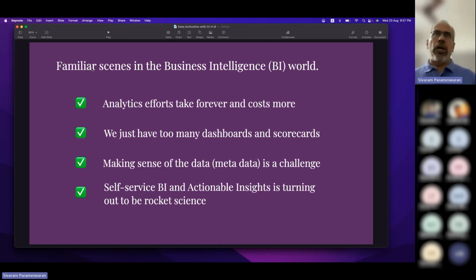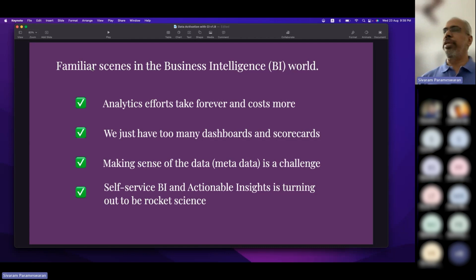The third one: with every company becoming digital, we accumulate so much data and metadata, what we call the data glossary, the data catalog. All of that is also becoming a huge deal. There is always a conflict between the business terms and the technology terms. How do we make the KPIs or outcomes much more relevant for the business folks, right?